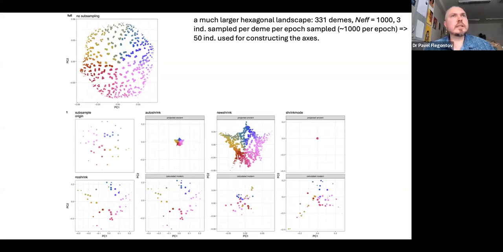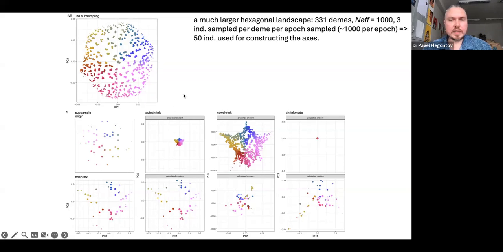naively one may think that it changes the positions of projected individuals, but that is not true. It keeps the coordinates of projected ones. If you compare them, they're actually the same between this panel and this panel, but it changes the coordinates of non-projected individuals. But as we show here on this random small subsample from this actually very big landscape, composed of more than 300 demes,